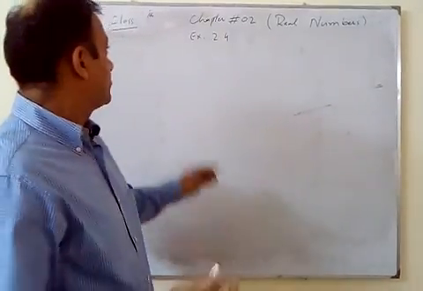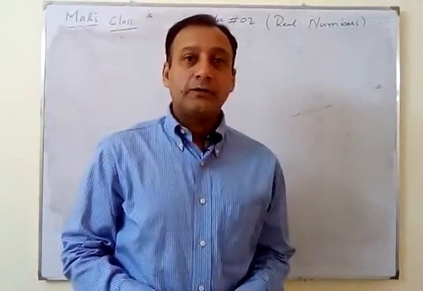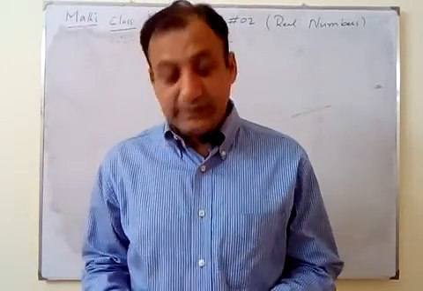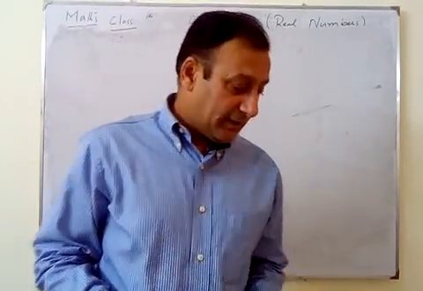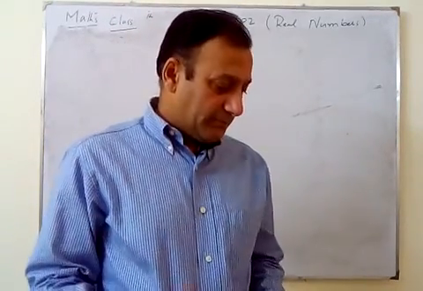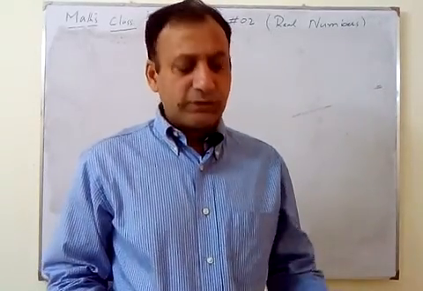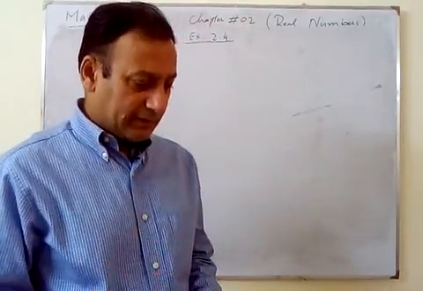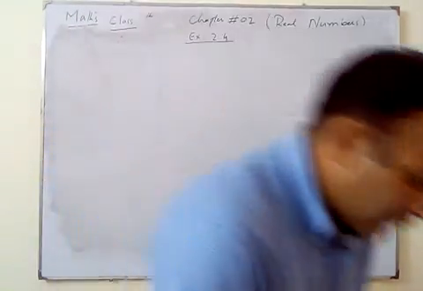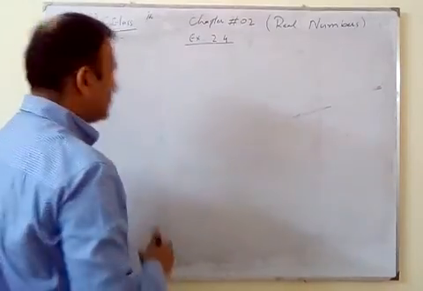Now we will start exercise 2.4. Again the exercise is related to the square root, but the numbers are in common fraction and mixed fraction here. Method is same, procedure is same, and these questions you have already solved in 7th class also. But we have to solve this one, 49 by 64.